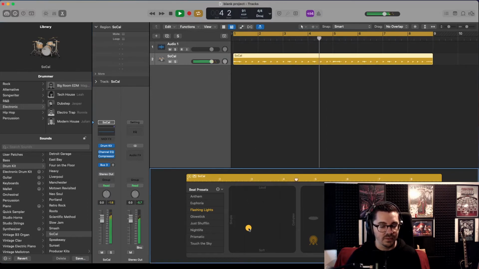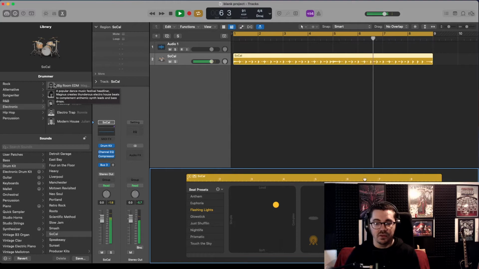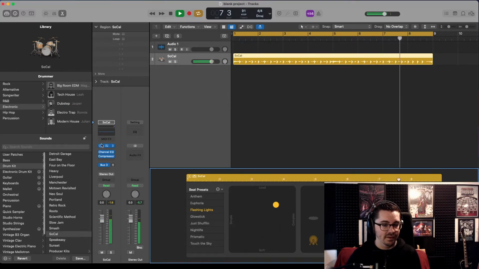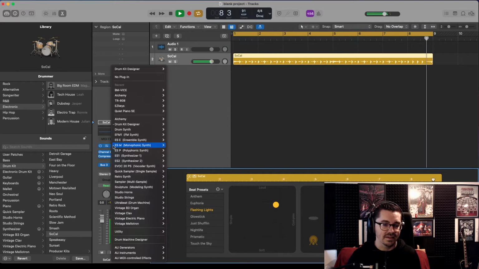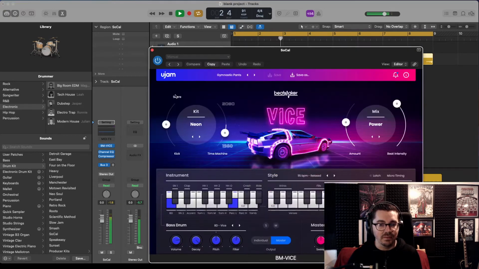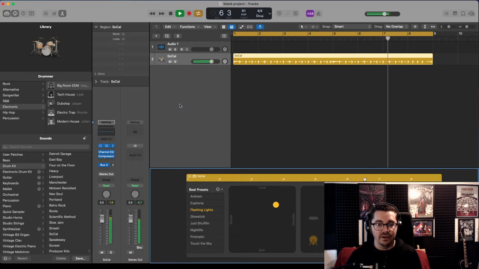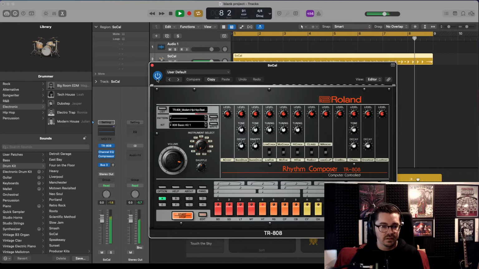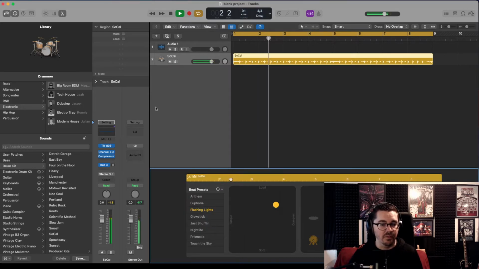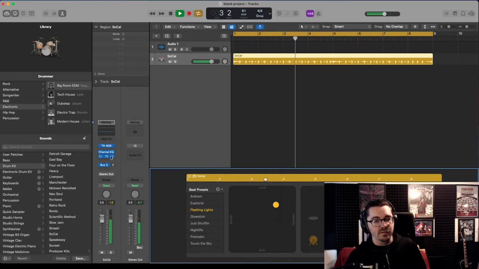Again, still customizable. So this is still going to give that big room EDM groove feel. But now, look at this. We can now change this over to any instrument plugin we want. So we can get to beatmaker Vice. We can go to a Roland TR-808 plugin. We can do anything we want with it. And from here we can do,